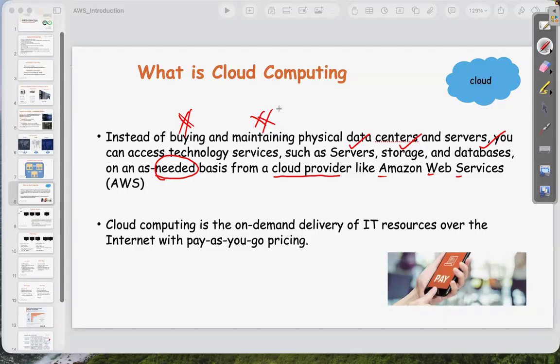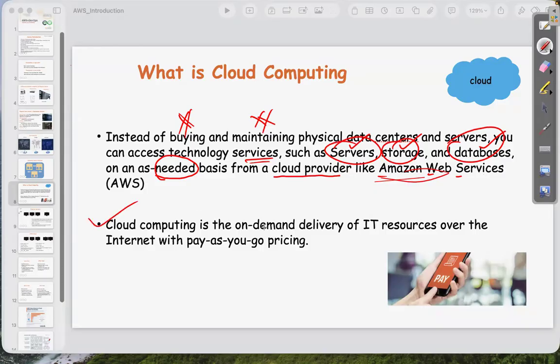Instead, there are vendors like Amazon, Google, Microsoft providing services like server, storage, databases, and many others. Whatever service you want to use, you can use it through their platform. If you want services from Amazon, use the AWS platform. If you want services from Microsoft, use the Azure platform.